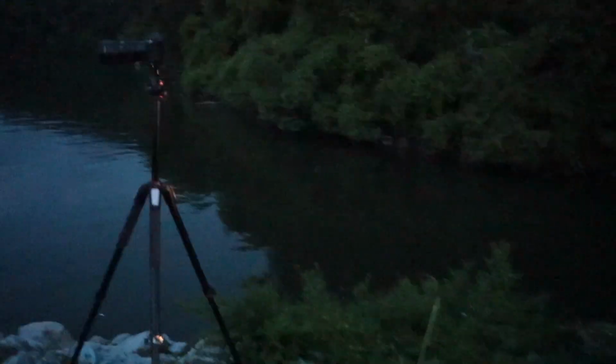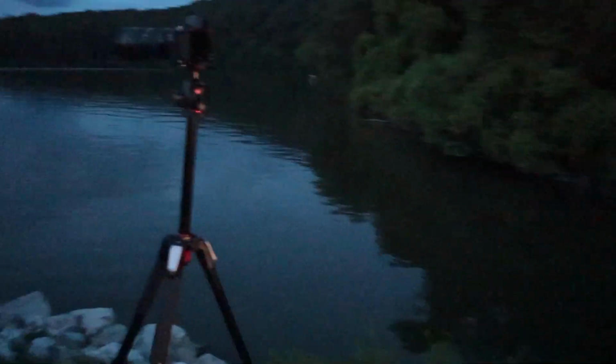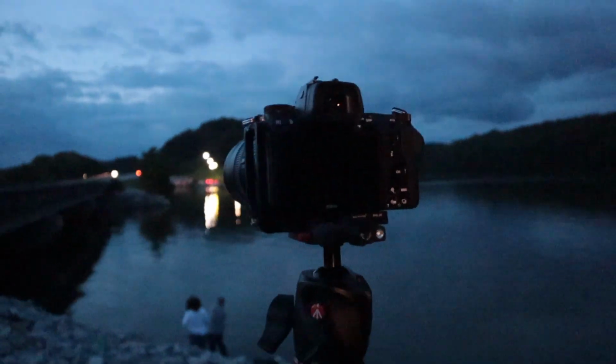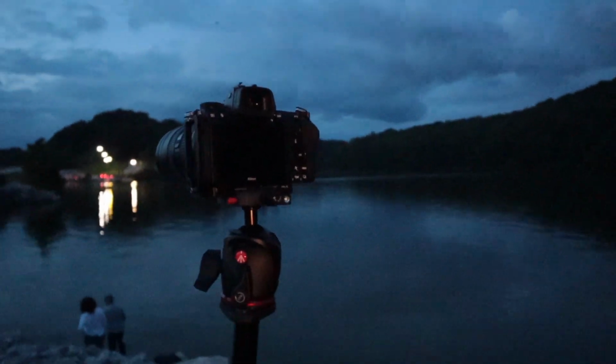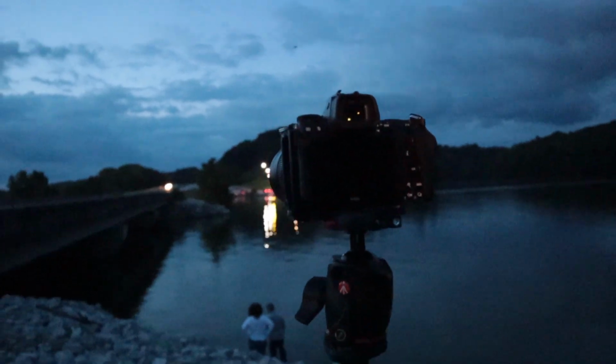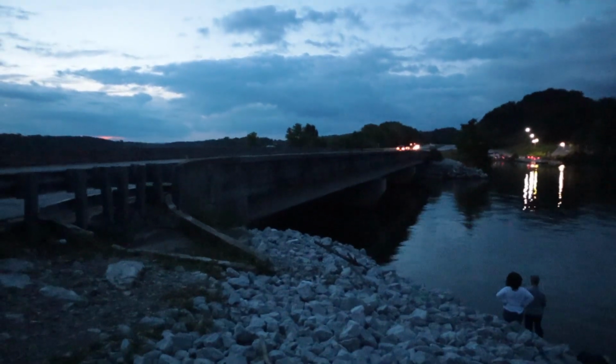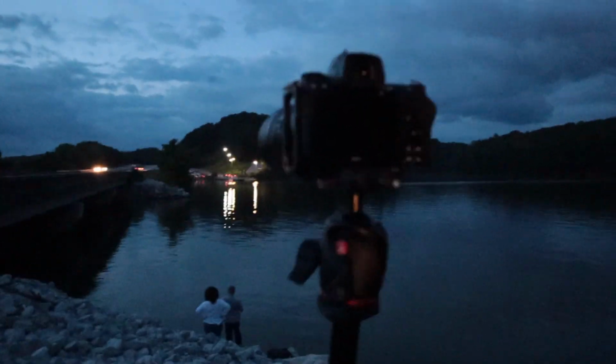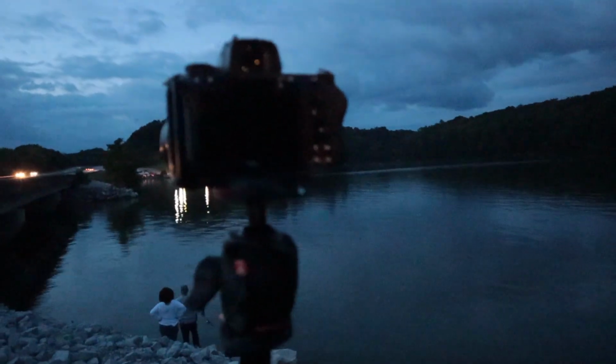My setup, you can see we're doing totally different compositions, about 12 feet apart. Here's my camera way over here, which is now nicely lit by some headlights of some folks that are leaving, who have been fishing there. A lot of people fish there under that bridge. People fish there from their boats and people fish there from the water. You can see my camera's just continuing to shoot,